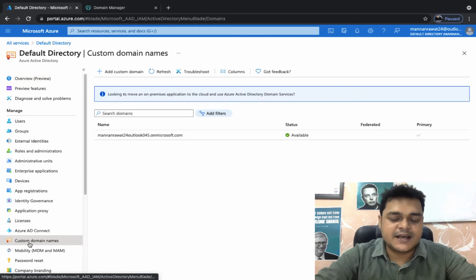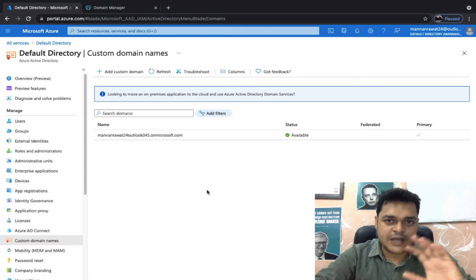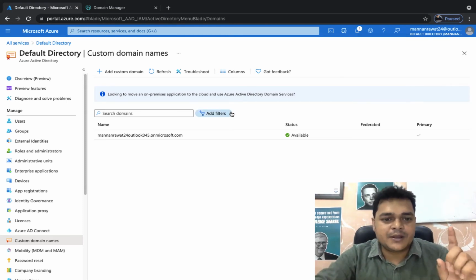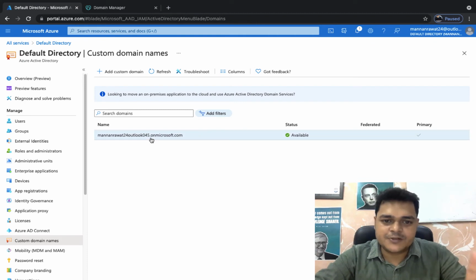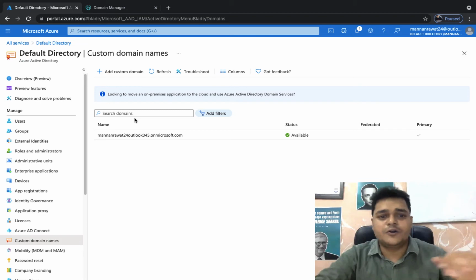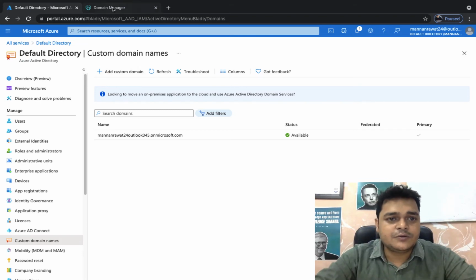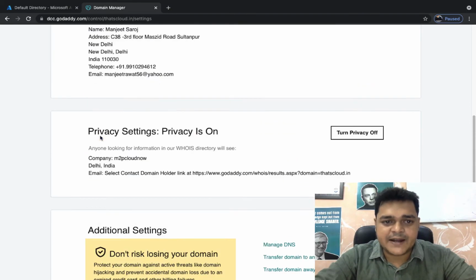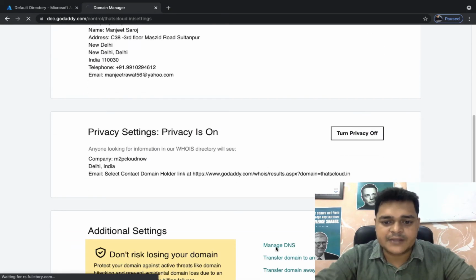As discussed, if you sign up on the Azure portal and purchase your subscription, you get one default domain name based on onmicrosoft.com. No problem, I'm going to add my own domain. So what you need to do is verify your domain name, taxcloud.in. Click Manage DNS.